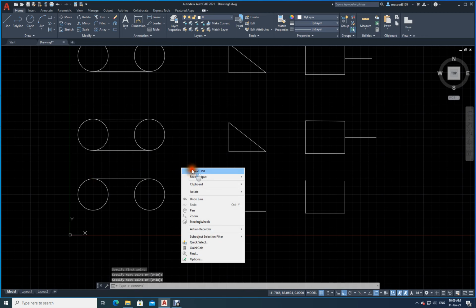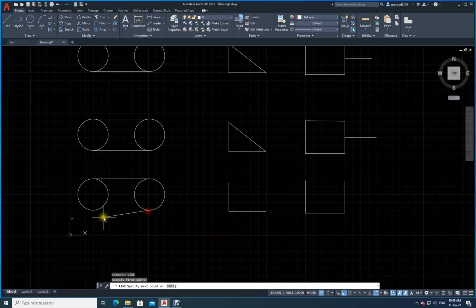Again right click, repeat line. Just go here, come here, click. Again select the line command, go here, and if you go more than half you will just get it. See here, enter. Then again select, click on this one, come close to it, click, it is taken. And then for another line, come near the middle point, see it is already selected.